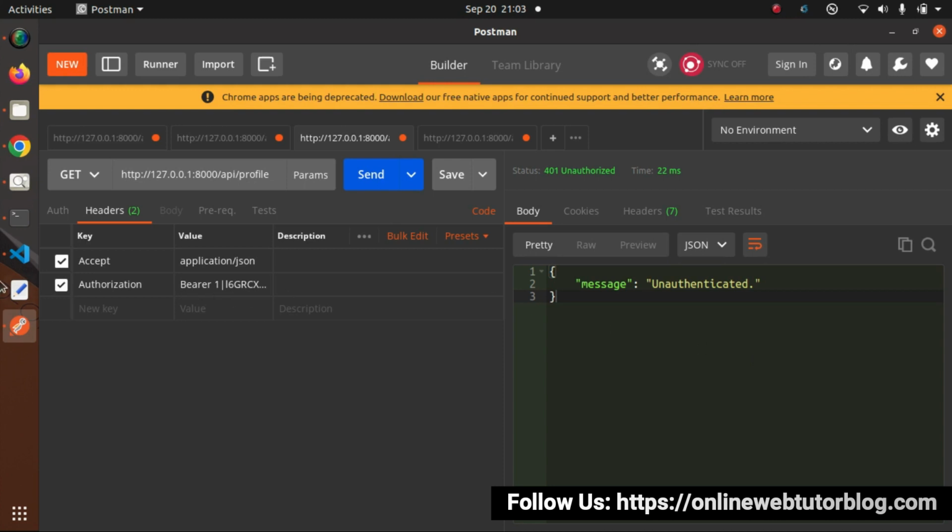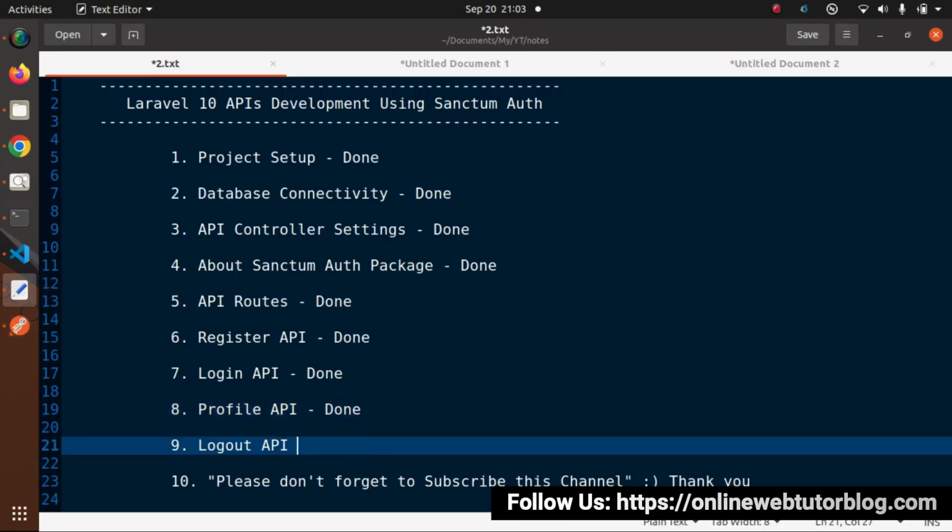Let's go to our checklist. So finally, now we have completed the Logout API. Again, I am telling you that for Sanctum authentication inside Laravel version 10, we don't need any installation of the Sanctum package using a Composer command. By default, all the features, all the functions, all the operations are available inside Laravel version 10. So I think that I have given you the basic concept of API development using Laravel and